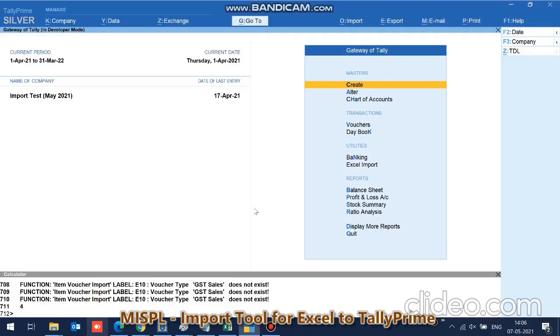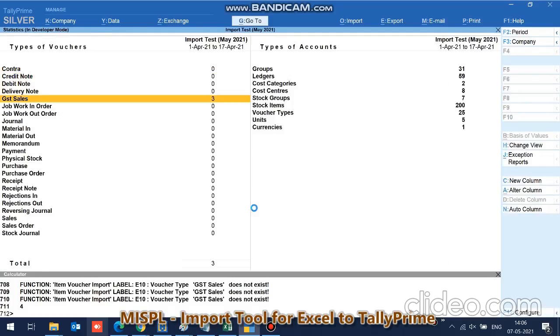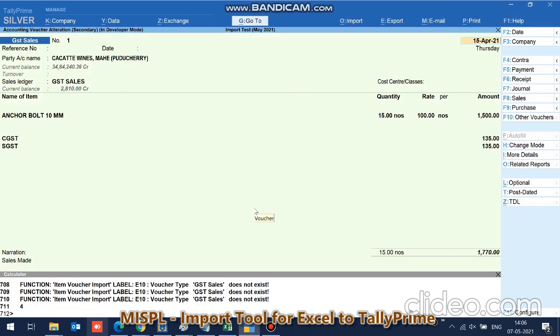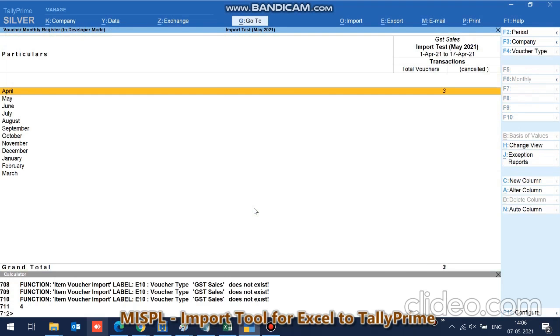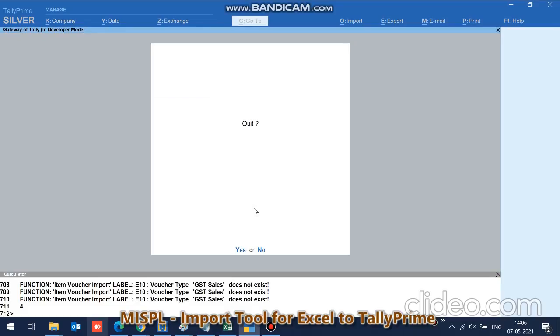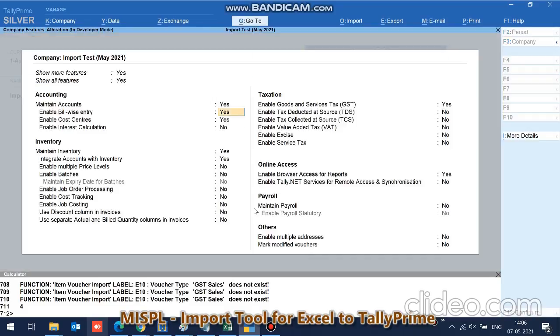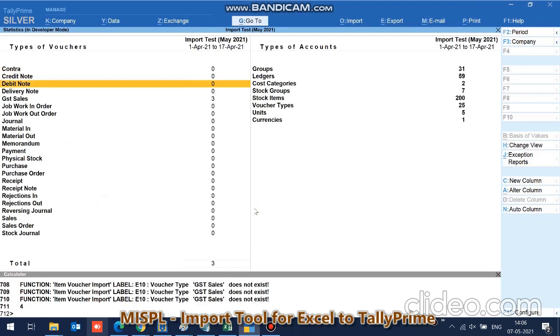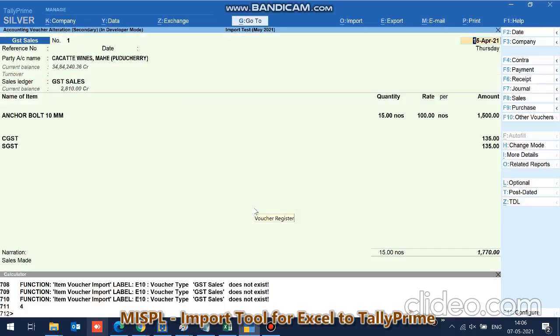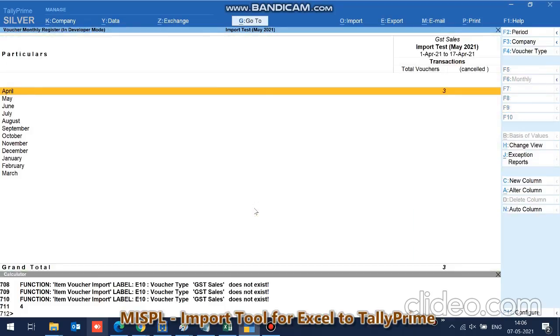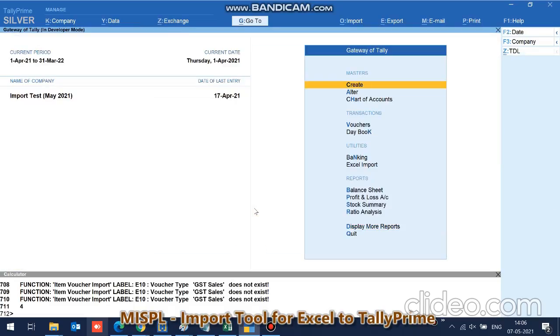Now here we see that it is asking for cost center, but in this company there is no cost center. Mind you, the template you're creating here is all cost center based. So we have made it that after you make the templates, you can just make it no and your work will be done. It will not ask for the cost center.